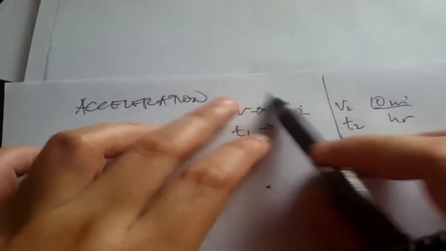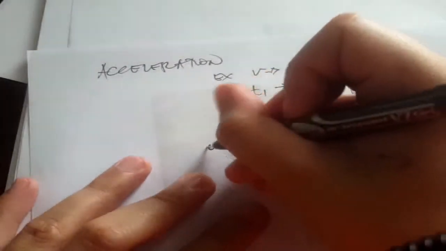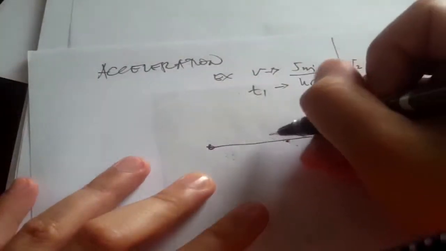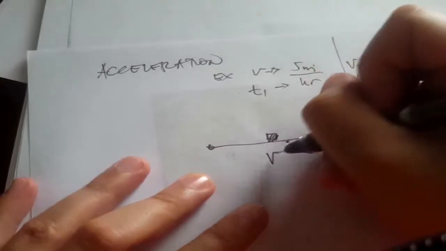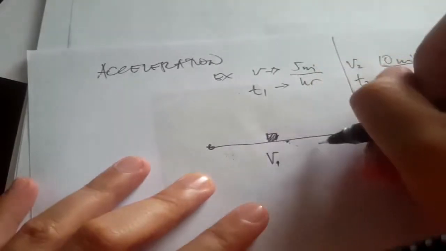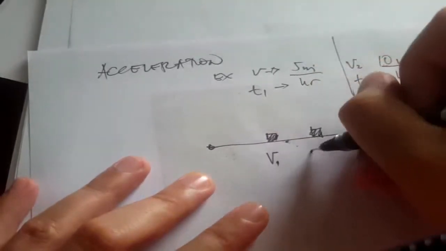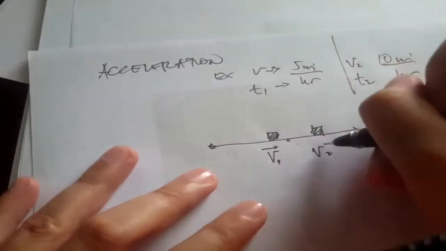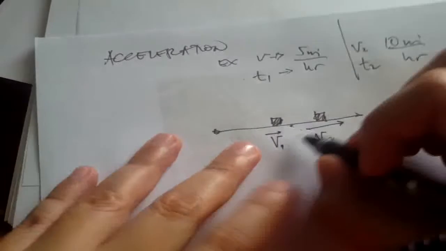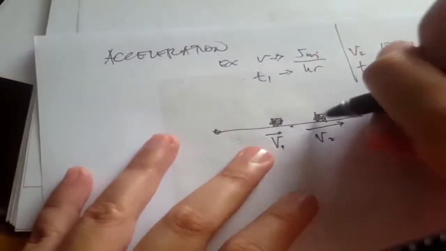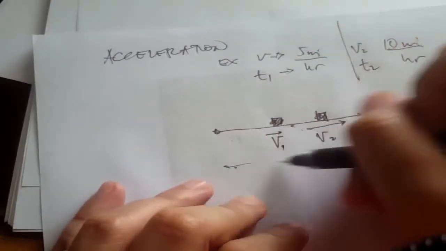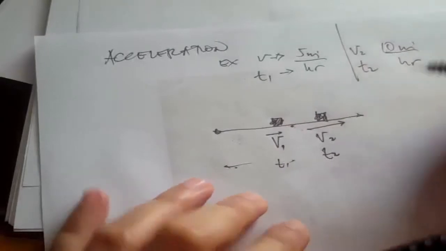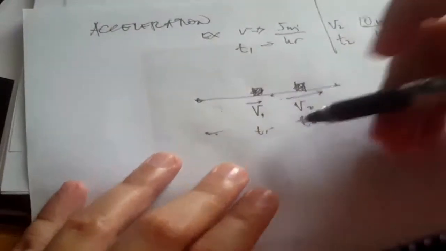So if a particle has a change in velocity from V1 to V2 along some time t1 to t2, then that is what we